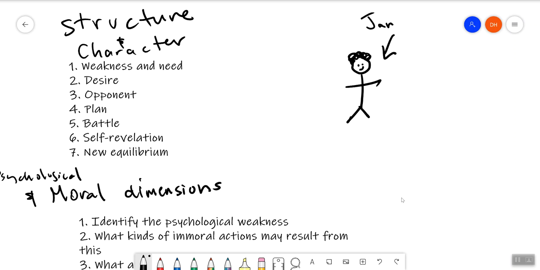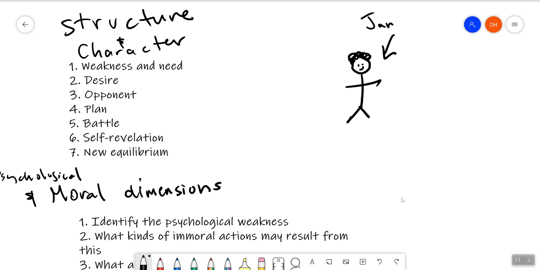Okay. Let's say that Jan, and I'm sorry to make her sound like such a terrible person, but usually in our stories, we want the characters to be kind of terrible. We don't want them to be purely virtuous and purely good because nobody's that way. Nobody's purely virtuous and nobody's purely good. Okay? We want our characters, as I've said before, to be defined by their flaws. So let's say that Jan plans to use her new boyfriend to land a cushy job where he works. Okay? So he says, "Oh, I can get you a job here," and she just plans to basically use this guy, make some money and then dump him or whatever.